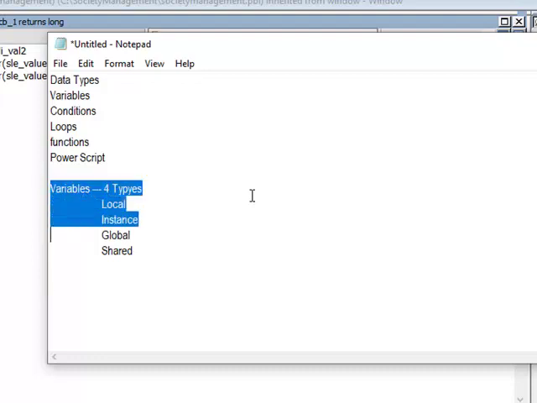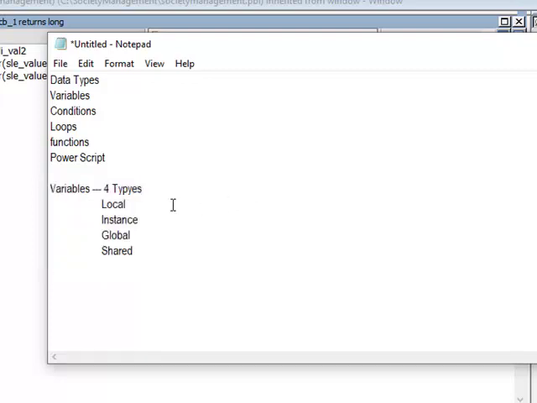What does local mean? Locals are created at script level. Instance variables are stored at object level. Global means stored at application level. We'll discuss in detail, don't worry.